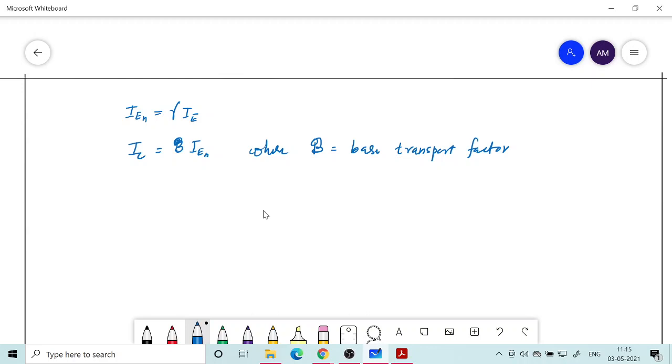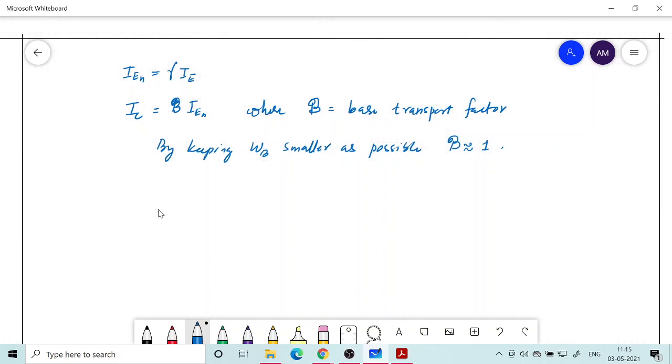So we have written IC as B, a fraction, and again by keeping WB as small as possible, we can achieve B close to 1. Okay. So now